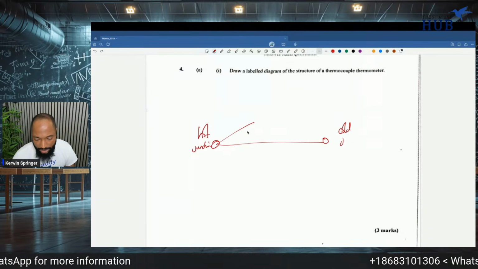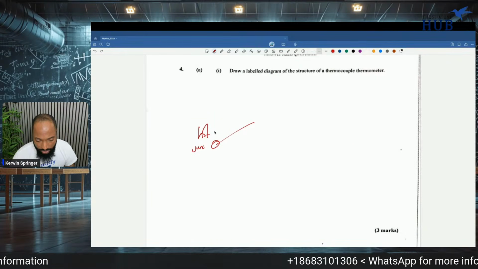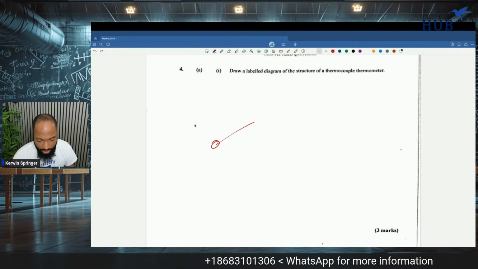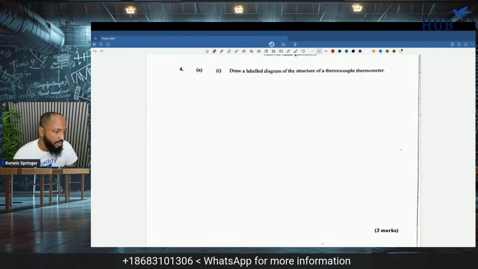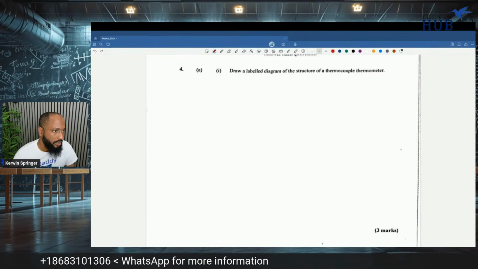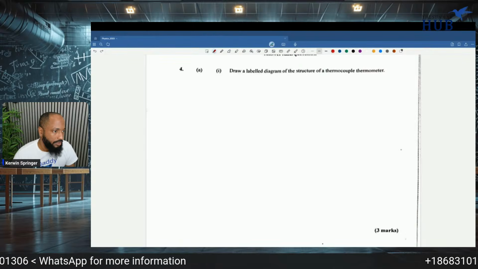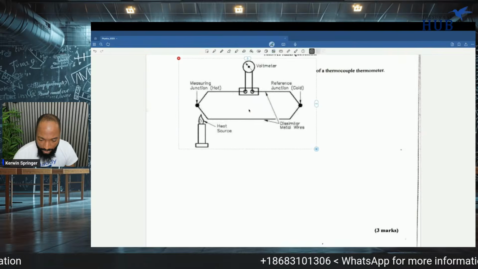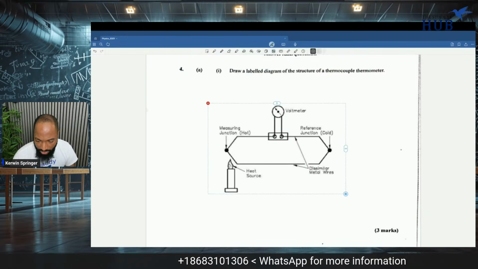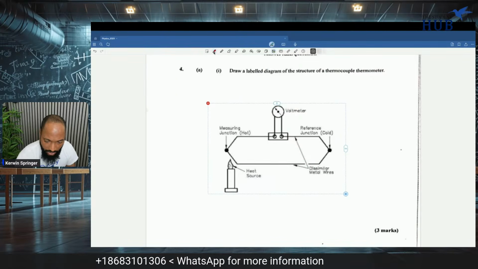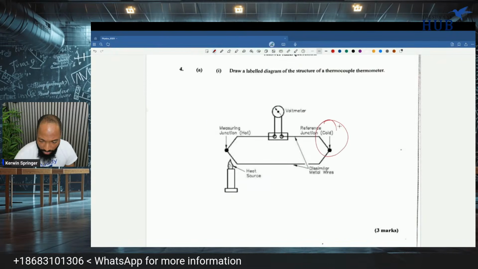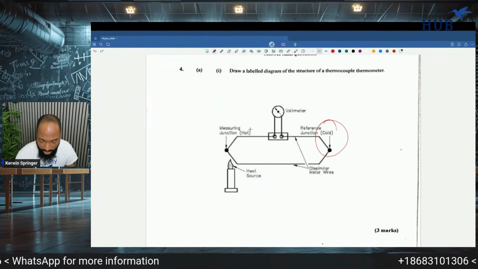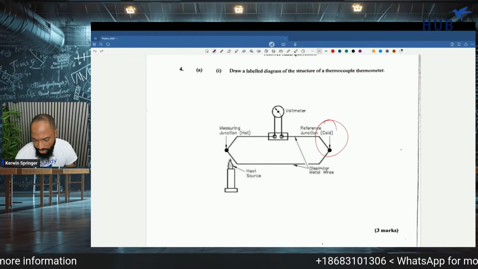Now, let me do this a little better. Actually, let me just copy it and show you. So take a pic of this. This is pretty good. This is your cold junction, your reference junction. This is your measuring junction, the hot junction. I like the use of the words here,